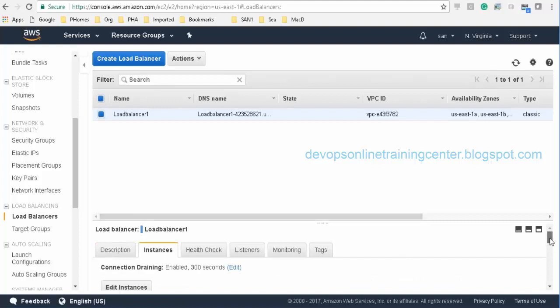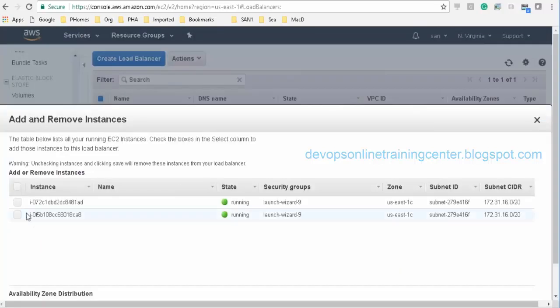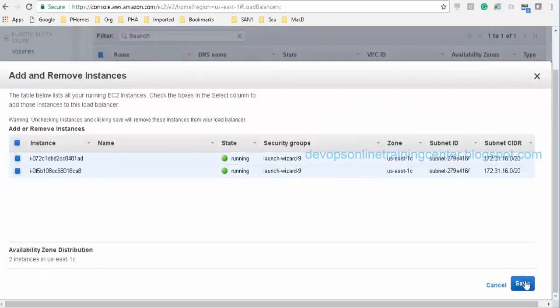Here, edit instances. So we can add here and save. So these are from this availability zone. But ideally, it is recommended to use instances from different availability zones so that the traffic will be redirected properly.